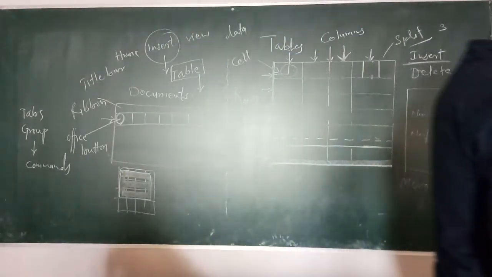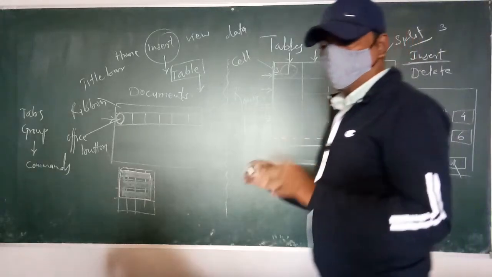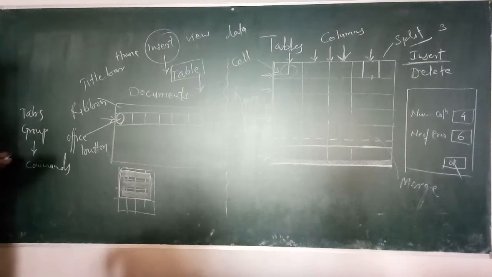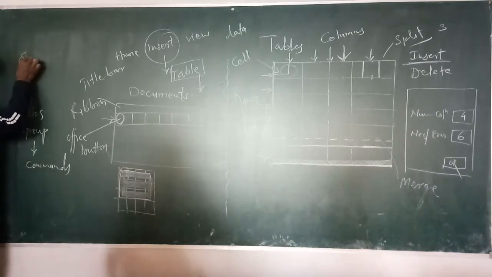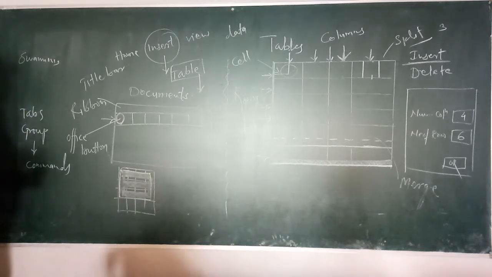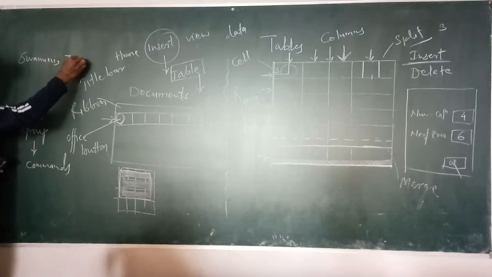One very interesting feature Microsoft Word also provides is called converting text into table. For example, we have only typed some text here. We are typing the name of a student. What is the name? Swamini. We have written Swamini. Then we have typed one comma here to separate. Then we have written her class name is 7A.